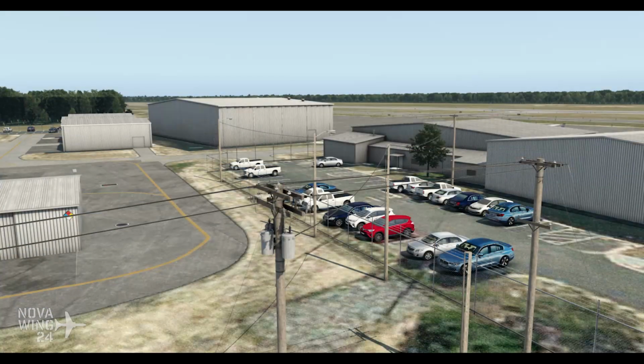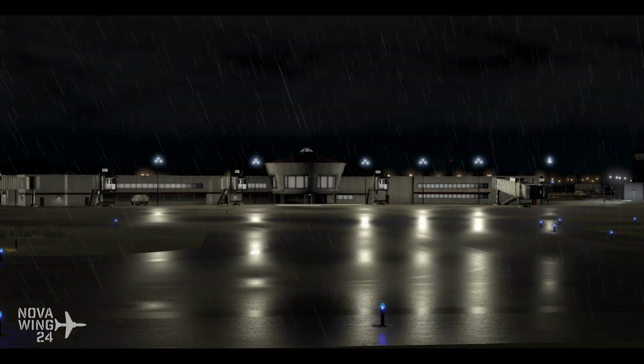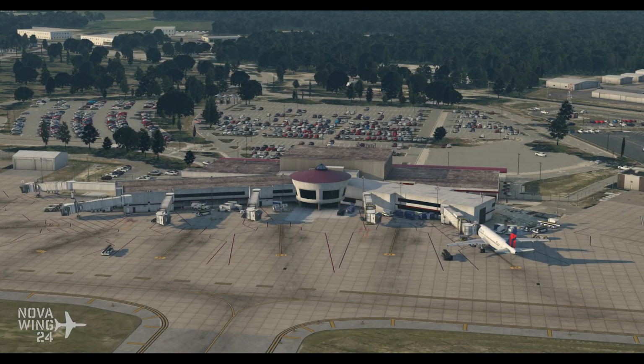High resolution PBR tarmac ground textures throughout. Custom ortho photo imagery for the airport and surrounding areas. Full support for World Traffic 3, animated ground vehicles, animated car traffic, and animated custom jetways via the SAM plugin as well. And you can pick this one up coming in at $15 or your original equivalent, available now from